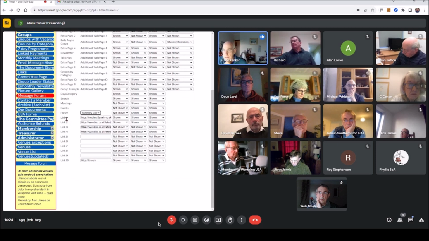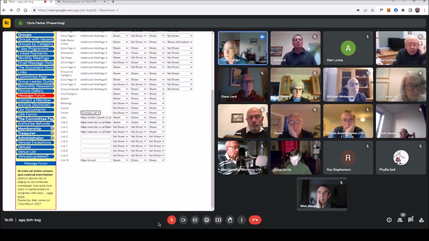The last items are 10 items which you can put as buttons in your side menu which have nothing to do with the rest of the system, which basically allow you to link off to other websites that may be of interest. And if you do use it, then it will always open another tab.